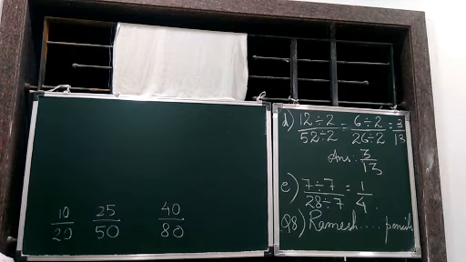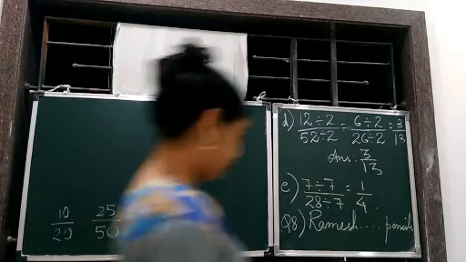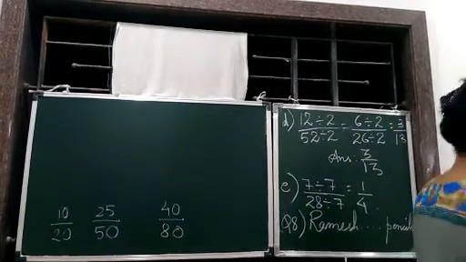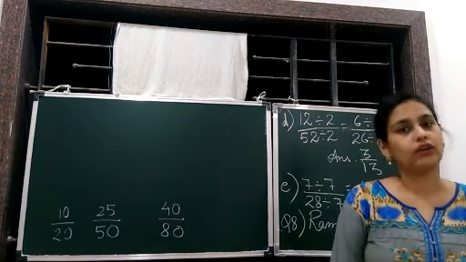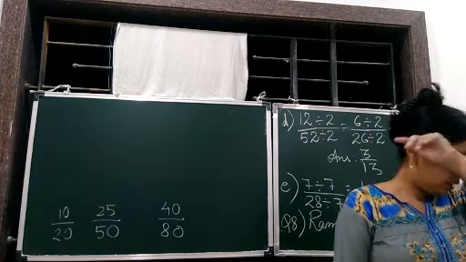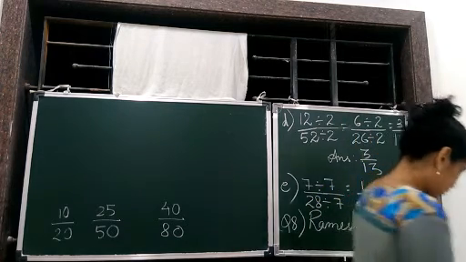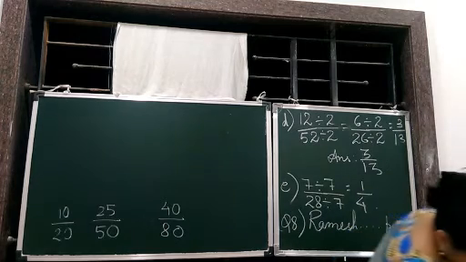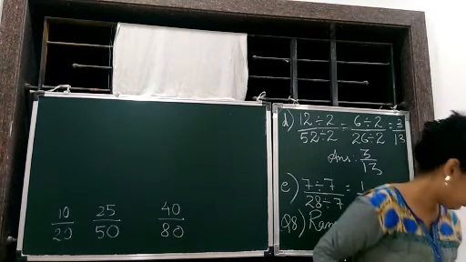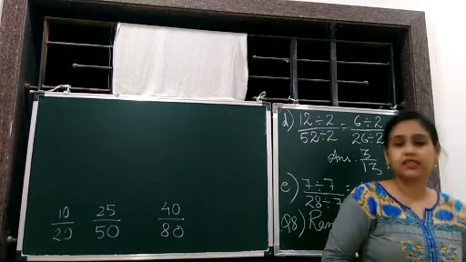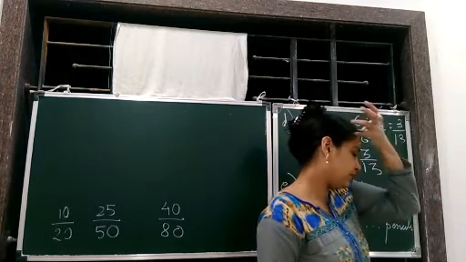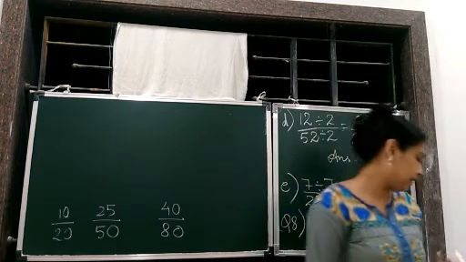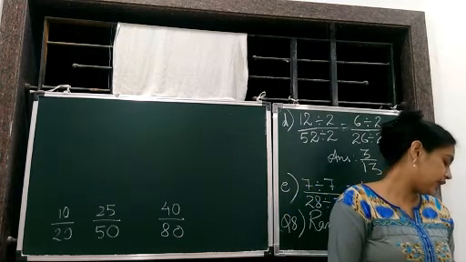Then check if each has used up an equal fraction of his or her pencils. Means you have to find out whether they are equivalent or not. So first let us write the statements. First and foremost, whatever is given, we are going to write. So what is given, children? It is given Ramesh had 20 pencils, Sheelu had 50 pencils and Jamal had 80 pencils.